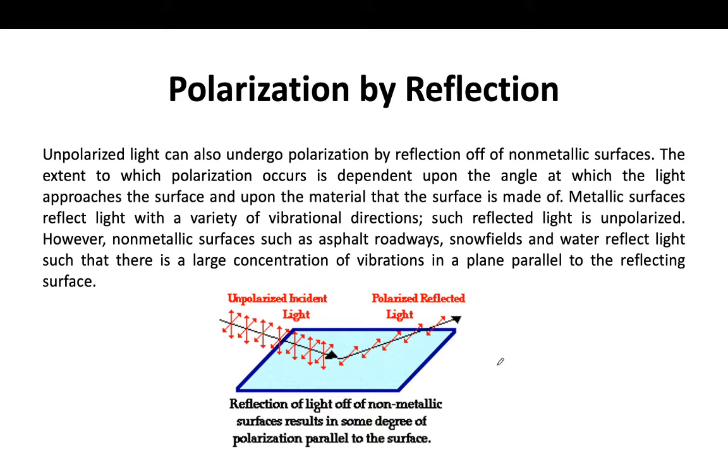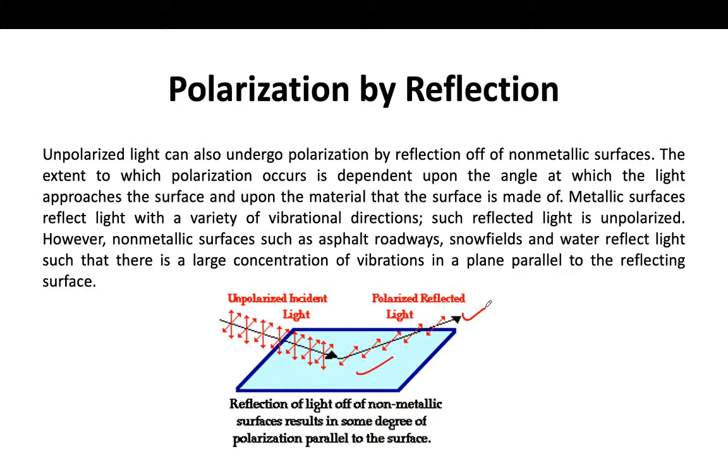Actually, what happens in reflection is that whenever the light falls on a metallic surface, the light will reflect with a variety of vibration directions. Such reflected light is unpolarized because it's reflecting in all directions, and vertical and horizontal, all types of waves are going. But if the light is reflected from a non-metallic surface, it will result in the formation of polarized